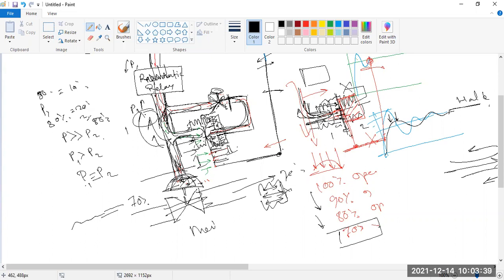But because it is also working at 70%, it will again slightly close because a few percent of pressure was acting on it also. So it will reach not exactly 70%, maybe 69% or maybe 71%.